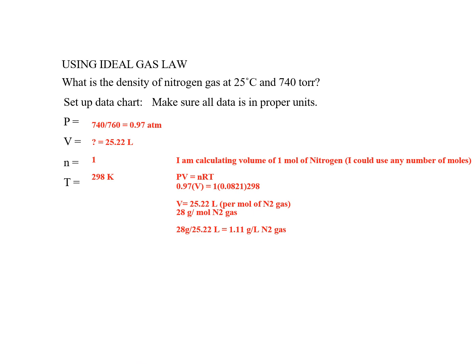The moles is one mole of the nitrogen, and R is the constant, and the temperature, after I convert it to Kelvin, and I solve for V. I find the volume